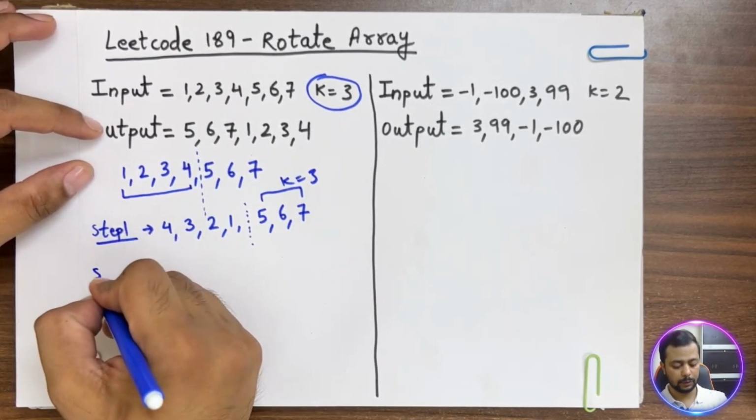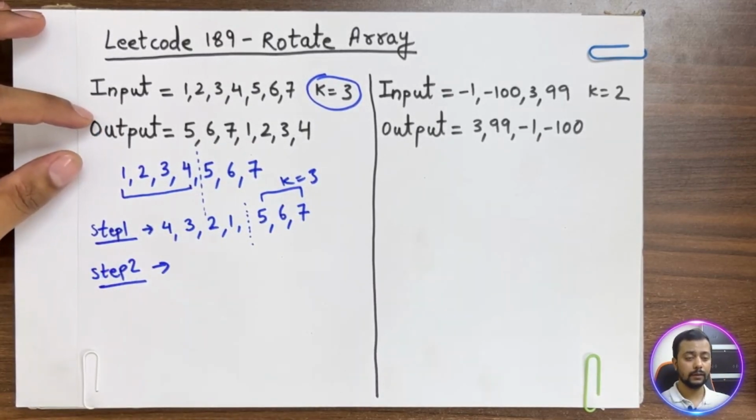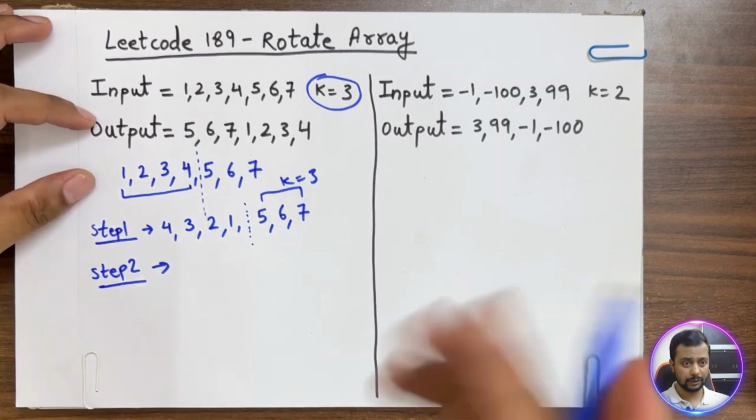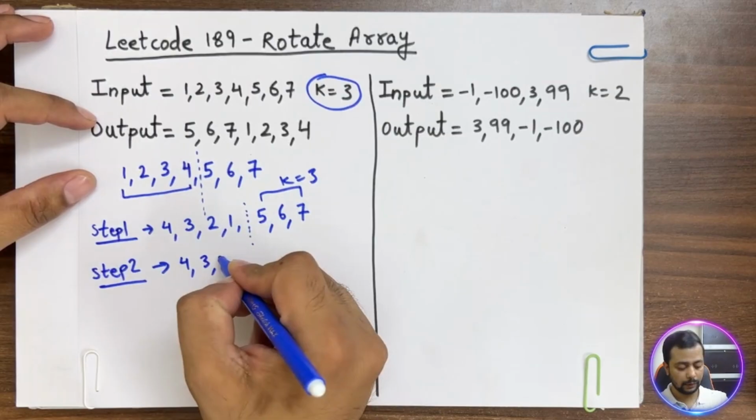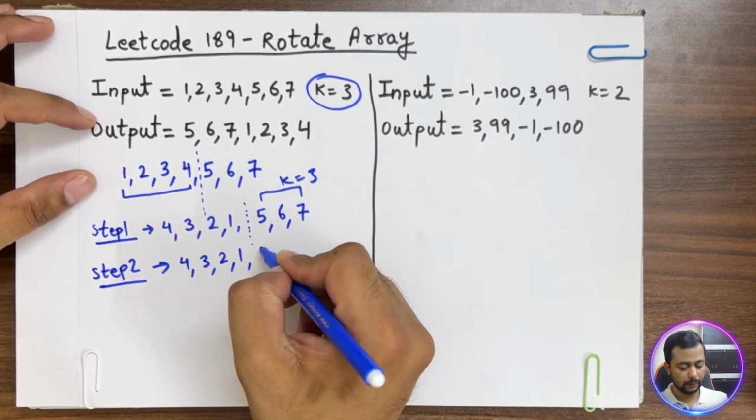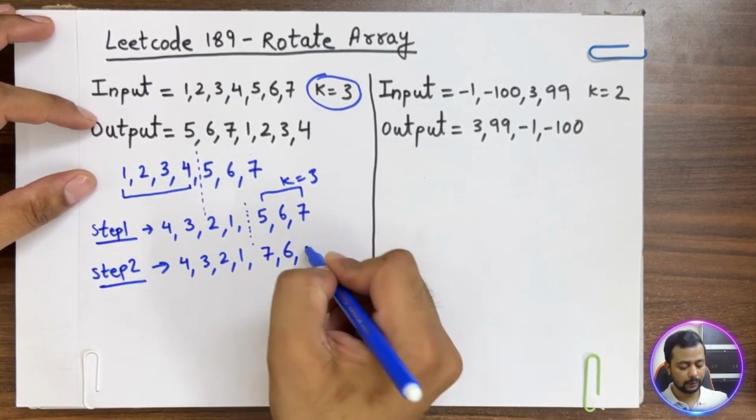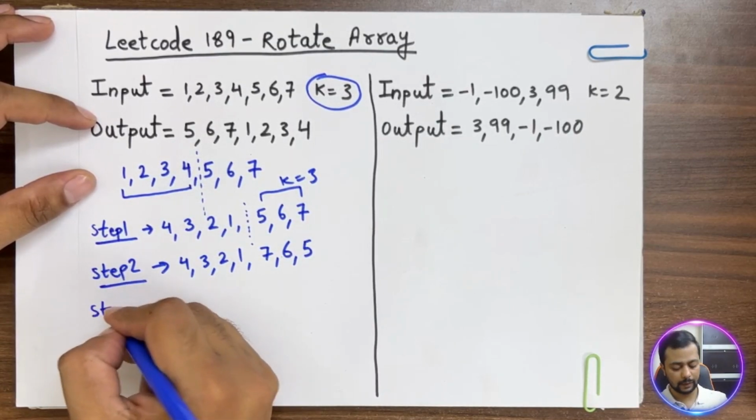Now in step 2, we will reverse the second half of the array after the imaginary line. So now the array is 4, 3, 2, 1 and we will reverse this part. Then it becomes 7, 6 and 5. And as the last step,